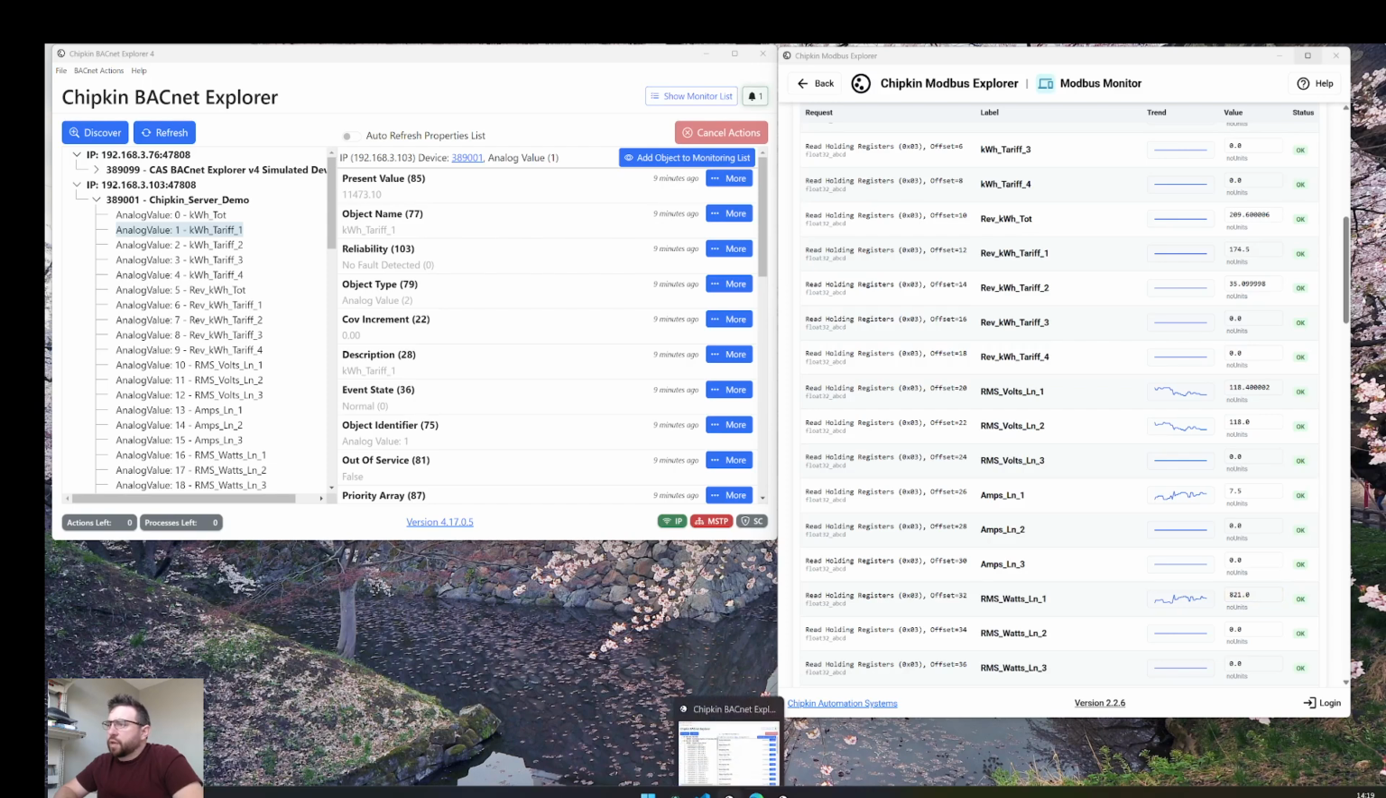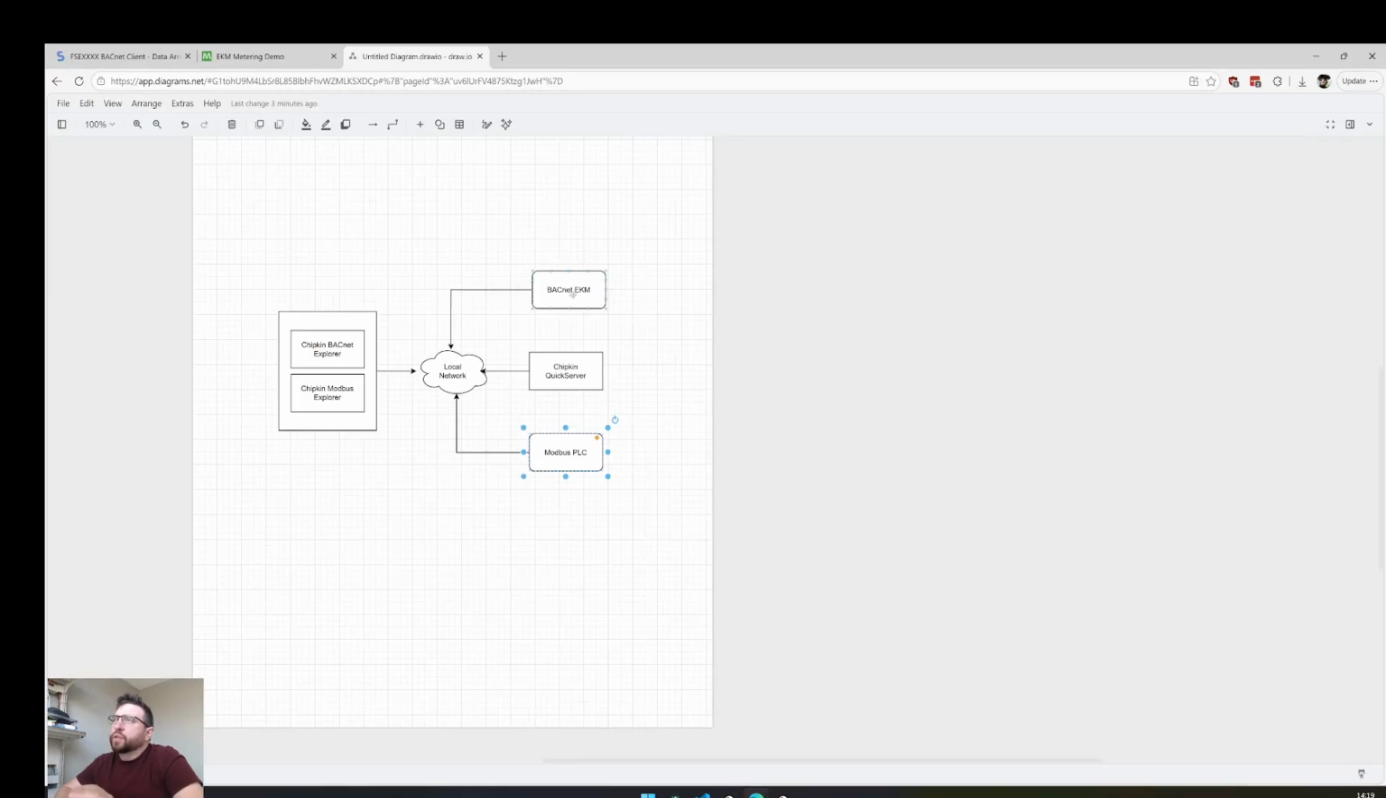Let's go through, and first off, let's see the diagram. We have an EKG meter on the network that's talking BACnet to the local network. We have a QuickServer on the network, and we have a Modbus PLC that wants to read the data from the BACnet EKG meter. We're going to use the BACnet Explorer to discover all the BACnet devices on the network,